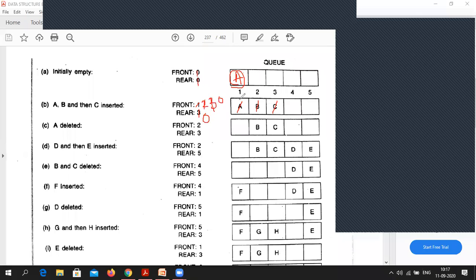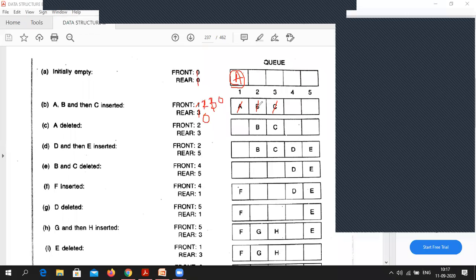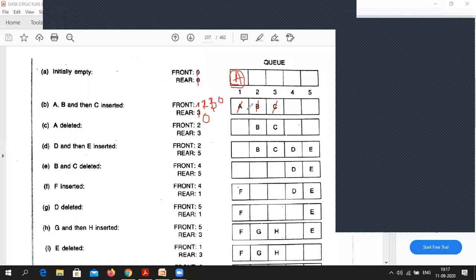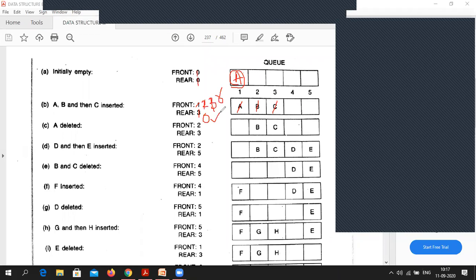So this thing you need to remember: when front is equal to rear, there is a single element, and when you delete that single element, after that both front and rear would become null. Otherwise, simply you can say front is equal to front plus 1. But there was one more thing: if front is equal to n, then front will become 1. Okay, you take this thing.